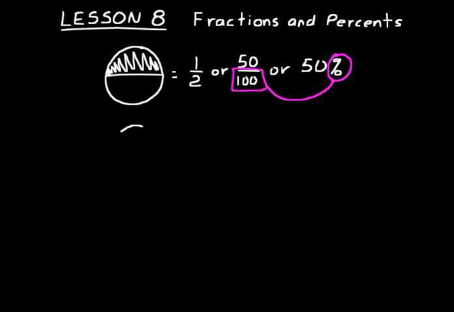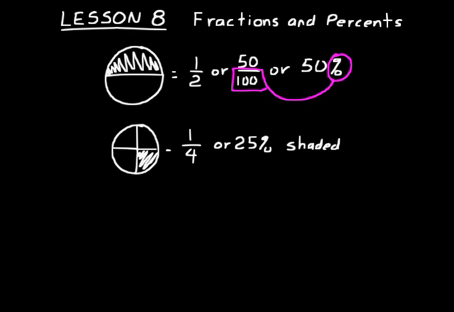Let's think of another one here. Let's split this into 4 sections and let's shade in one of those. Now we have shaded in 1/4 of the circle, or 25 over 100, 25% of the circle is shaded in. If 1/4 is shaded, that means 3/4